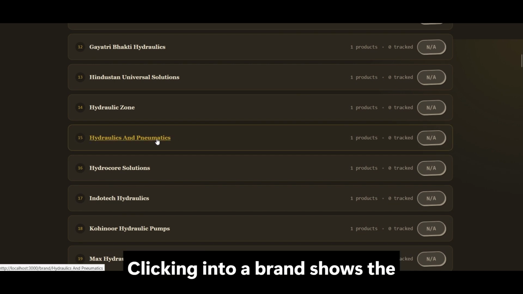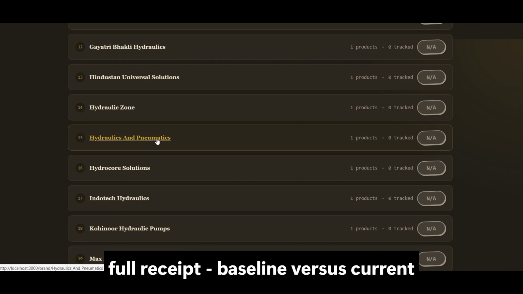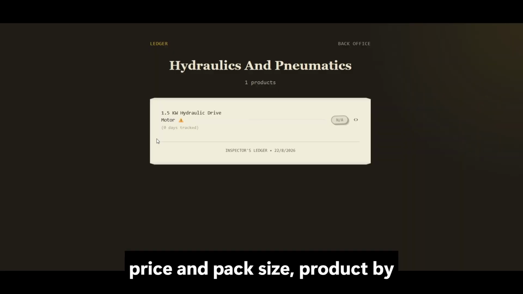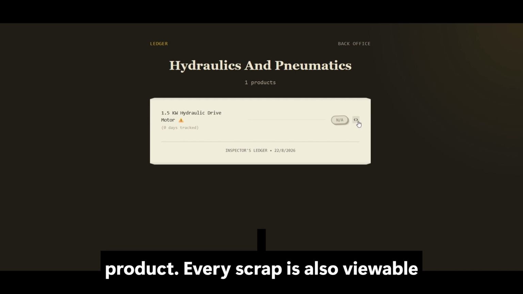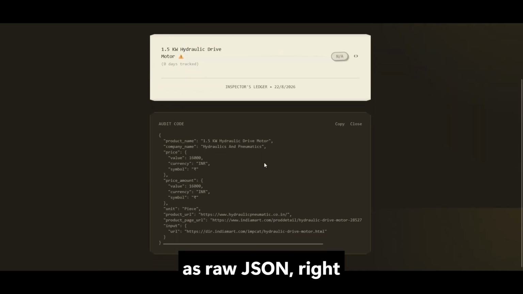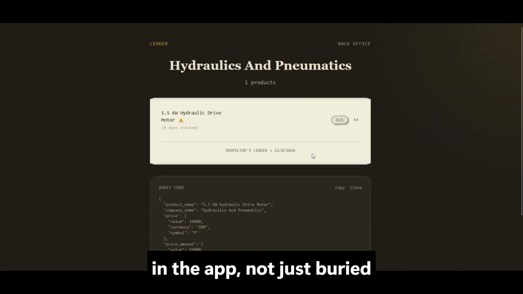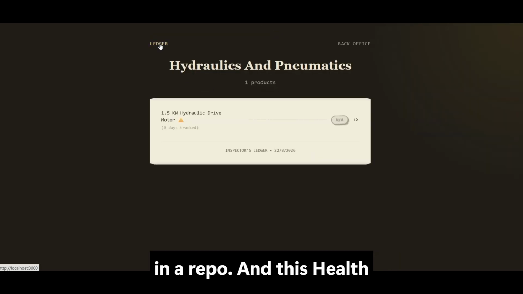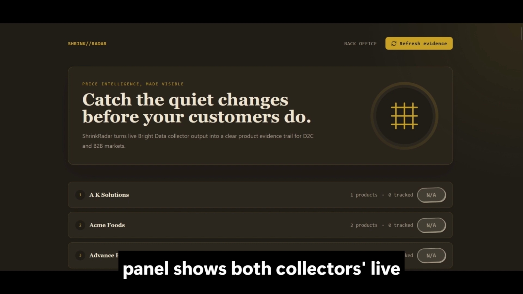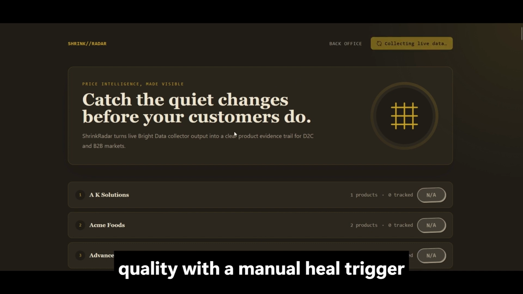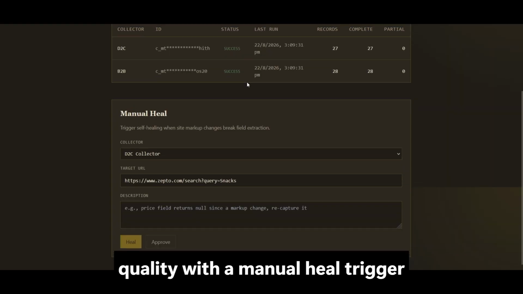Clicking into a brand shows the full receipt, baseline versus current price and pack size, product by product. Every scrape is also viewable as raw JSON right in the app, not just buried in a repo. And this health panel shows both collectors' live status, last run, record counts, data quality, with a manual heal trigger